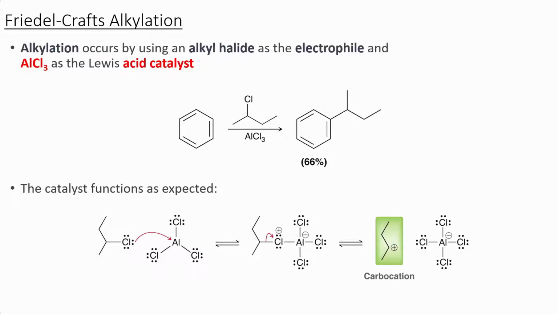We're going to take an alkyl halide, and in the presence of a Lewis acid catalyst, aluminum trichloride, we're able to form a new carbon-carbon bond. So the first step of the reaction is going to be to form our active electrophile. The chlorine of the alkyl chloride attacks the aluminum, and this can be thought of as a carbocation. Now, this is likely stabilized by close proximity to the aluminum chloride complex, especially if we're dealing with a primary alkyl halide. But in general, we can think of this reagent as a carbocation,